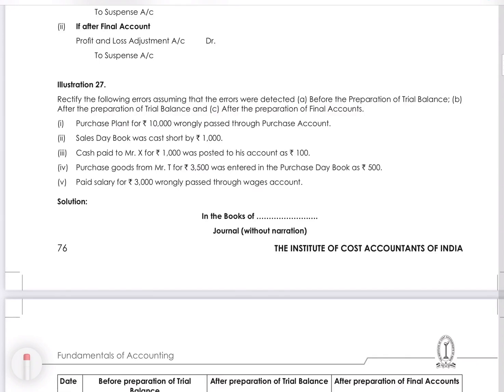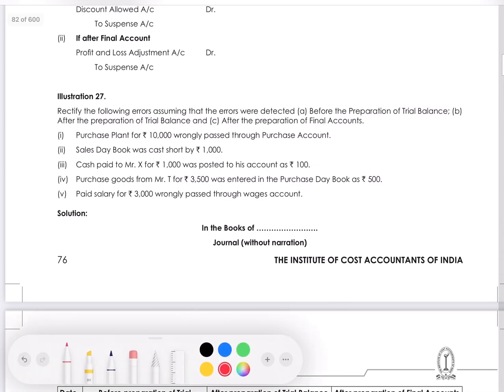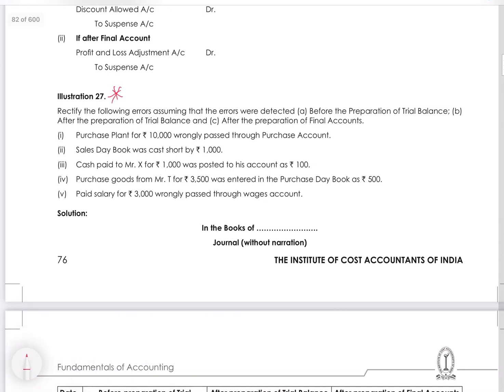Rectification of errors. From that, illustration 27, financial accounting. It's from study material, page 76. This is a very important illustration. We should mark it as it will show errors which we have detected, how to rectify it at different